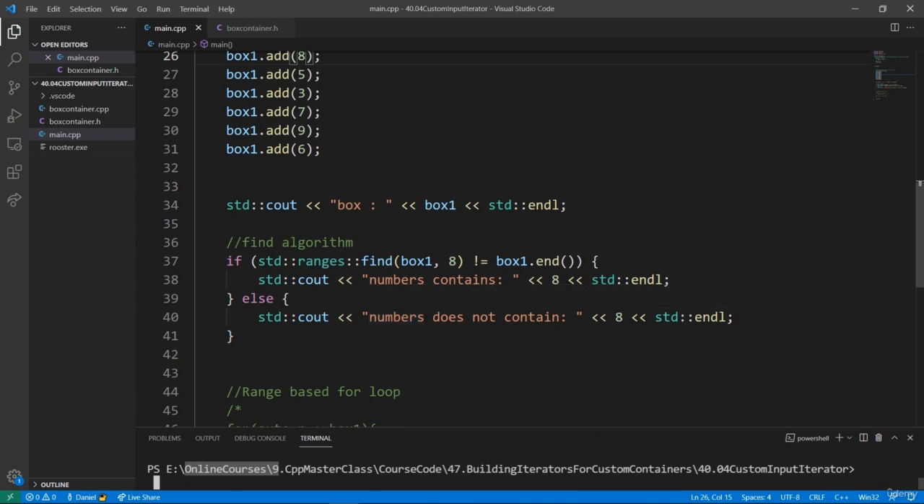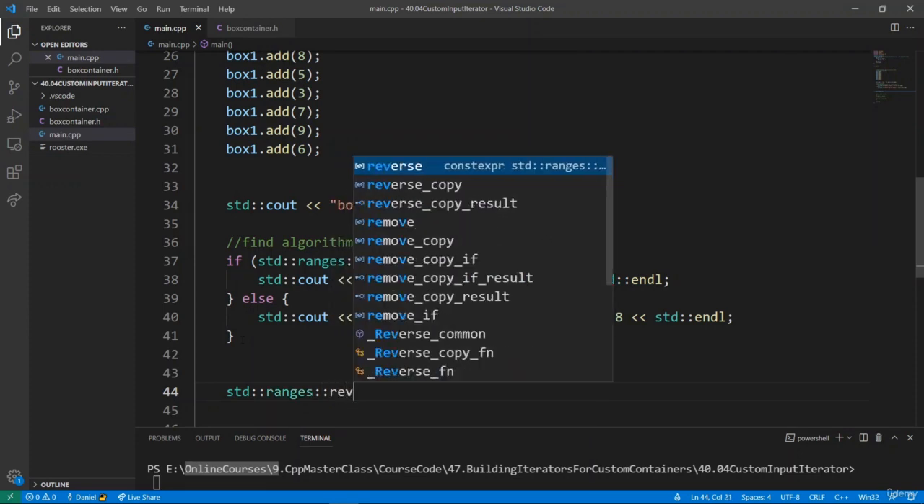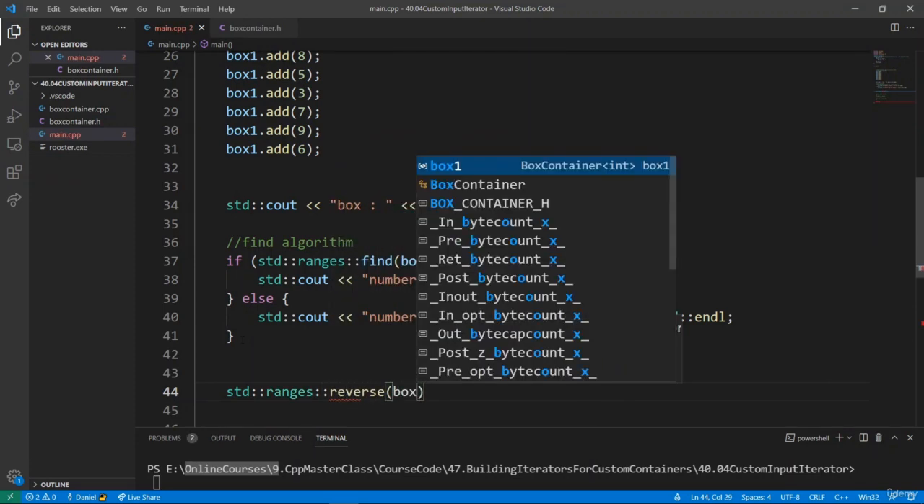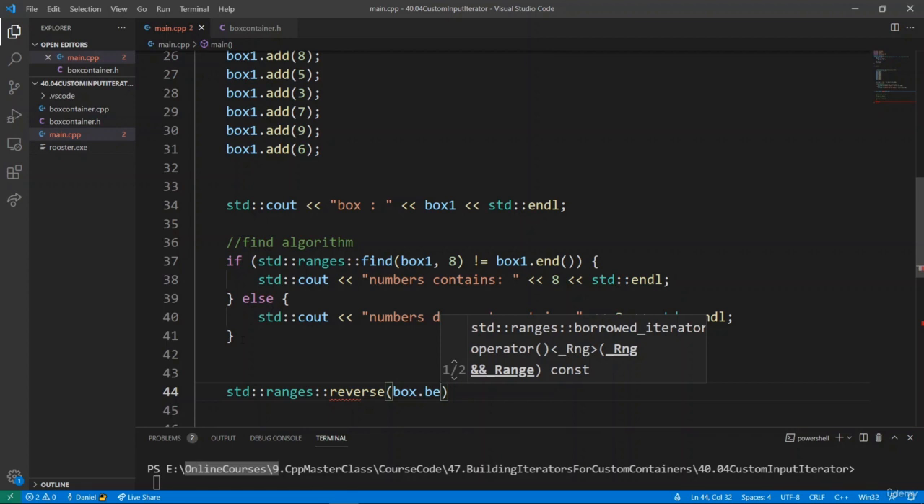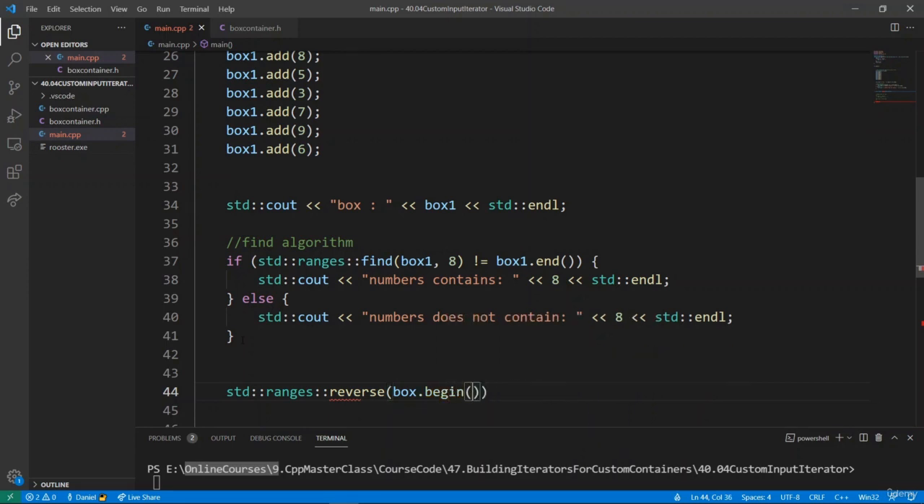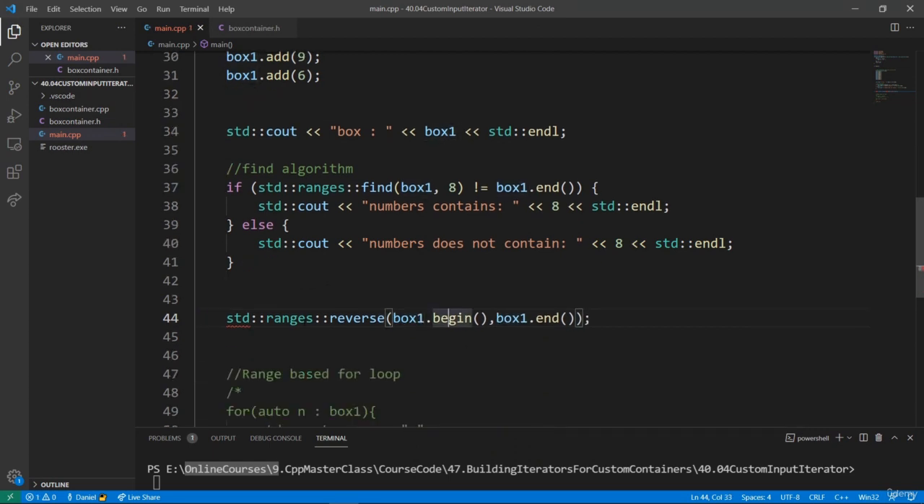But what if we try to make this work with an algorithm that needs more than we are providing in our iterator class? For example, we can try and use the reverse algorithm. Let's try and do that. We're going to say std ranges reverse, and we're going to specify box1 and our iterator begin, and we're going to say box1 here. And we have begin and end methods, but notice that this is not working